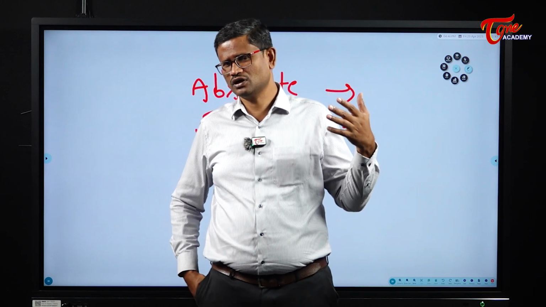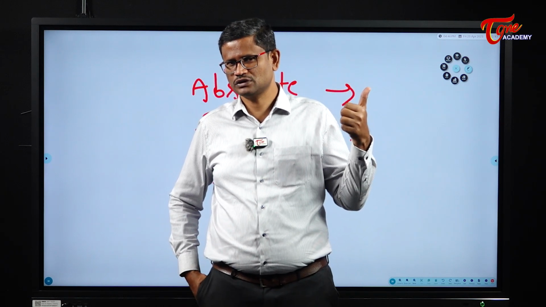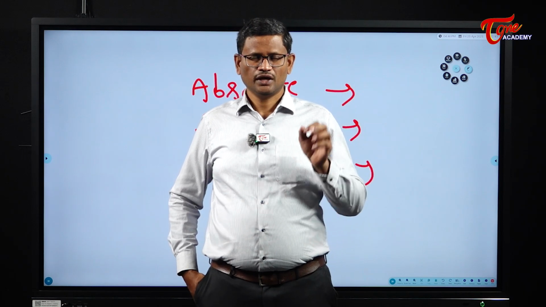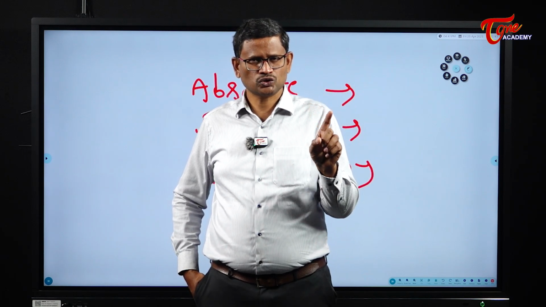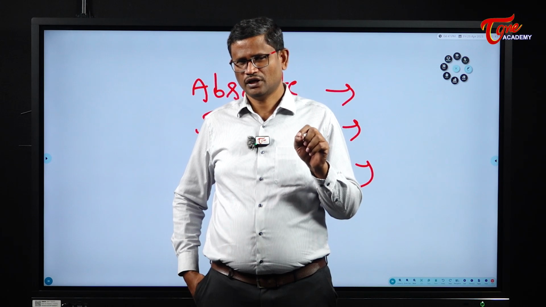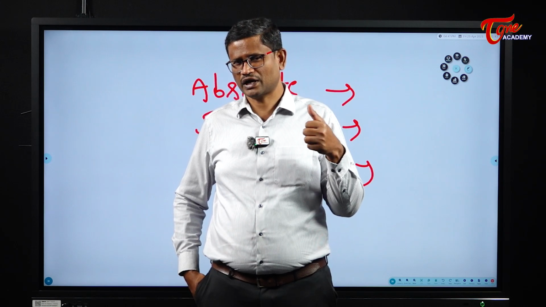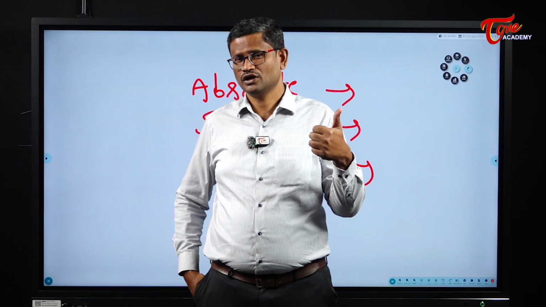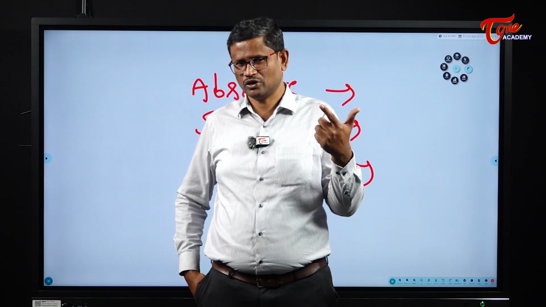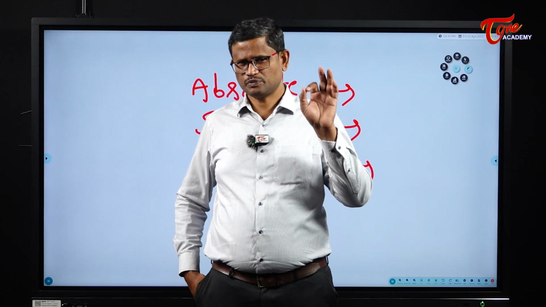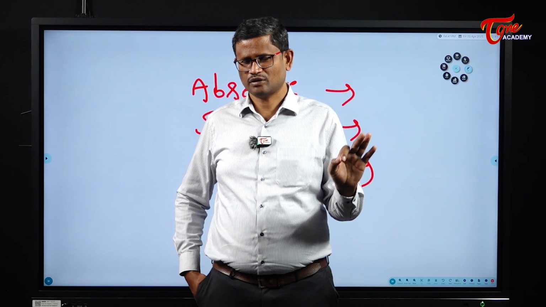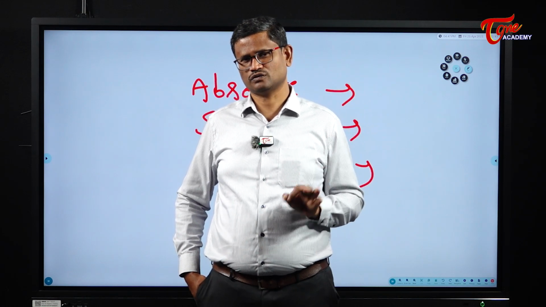There are certain categories. The bills can be broadly categorized into two: government bills and private bills. A government bill is a bill which is introduced by a minister in the government. A private member bill is a bill introduced by a member of the parliament who is not a minister. So with respect to private member bills, the president can exercise absolute veto.